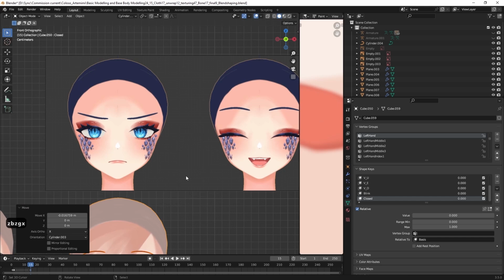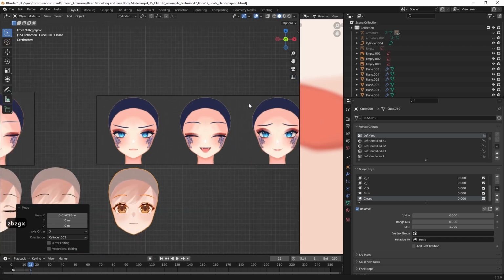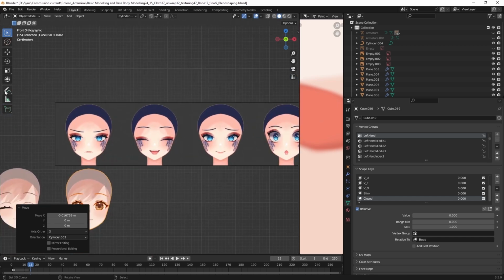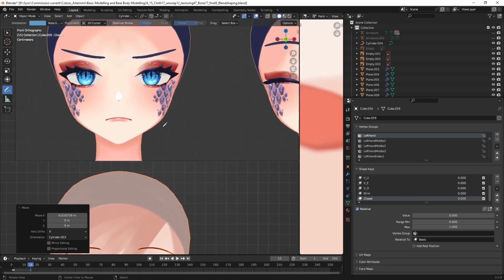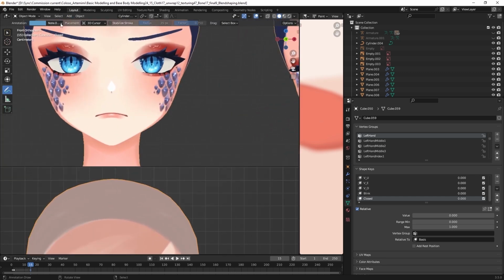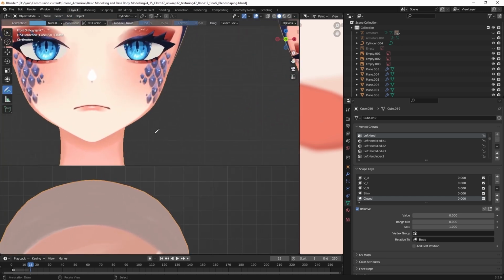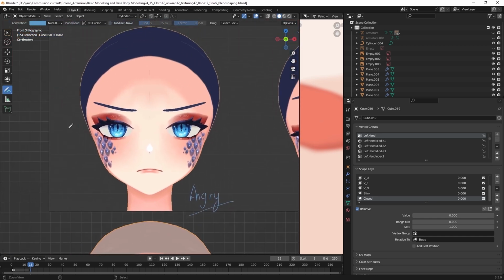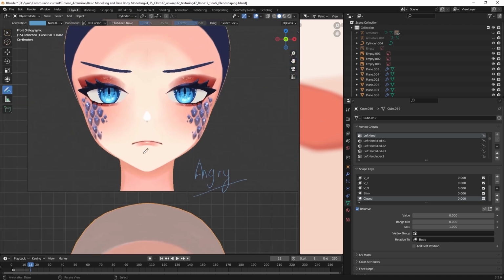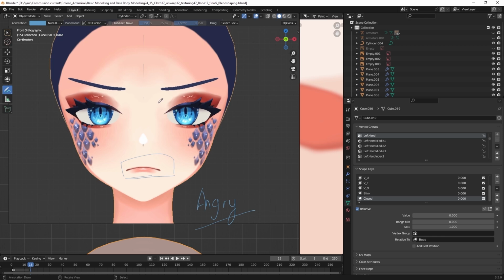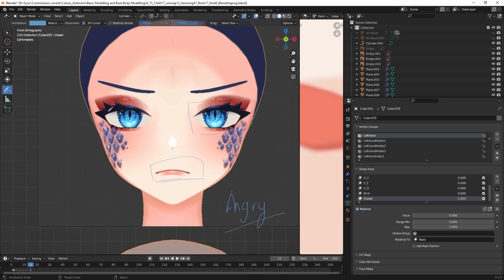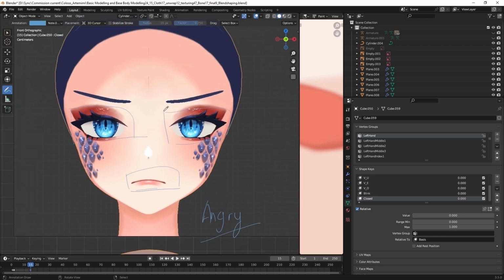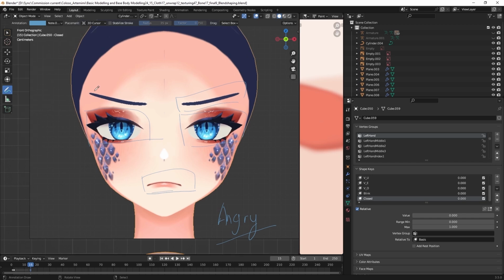Then we can start doing the emotion expressions by referencing our guide here. We have four expressions, and this one is called angry. For the angry, we gotta focus on the mouth, and then the eyes, and then the eyebrow as well.